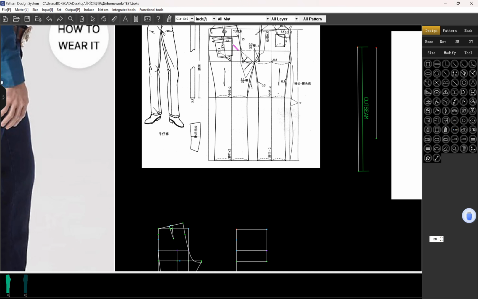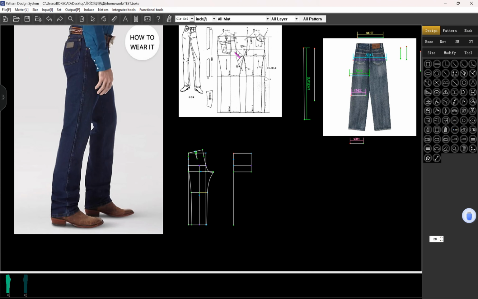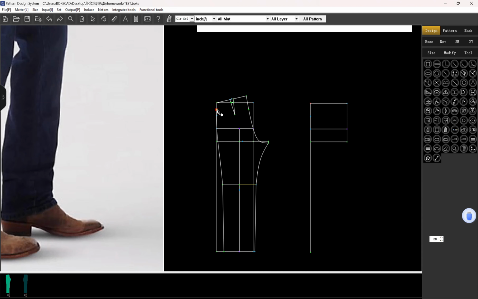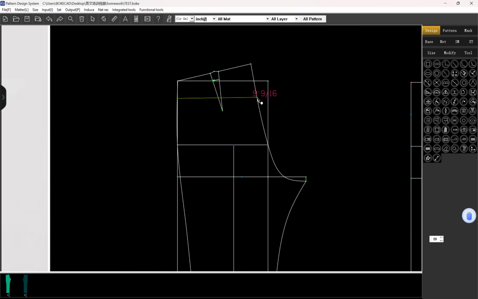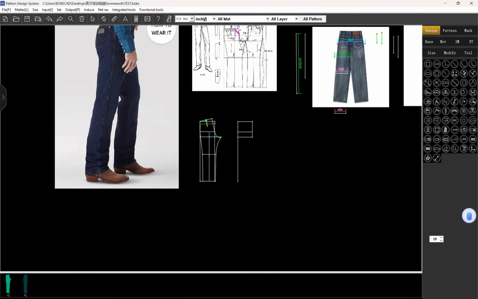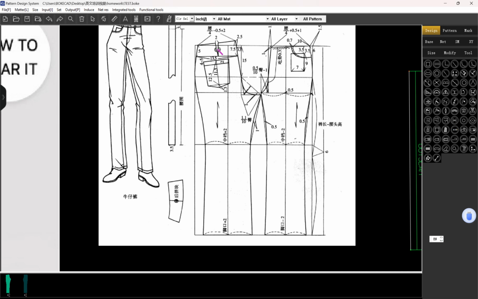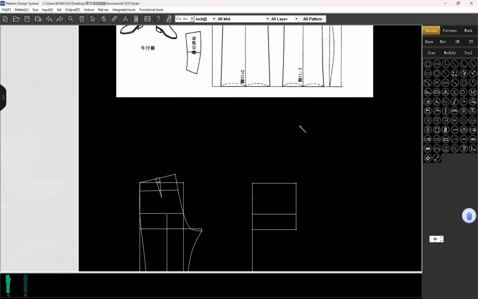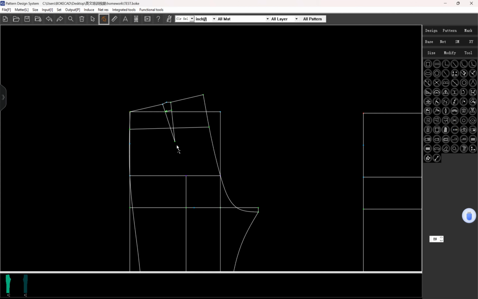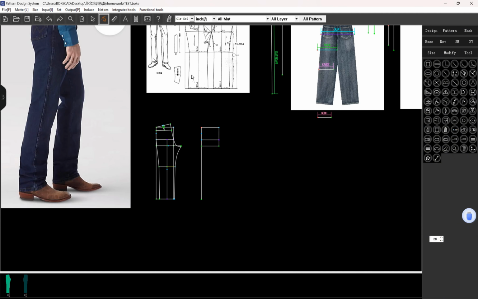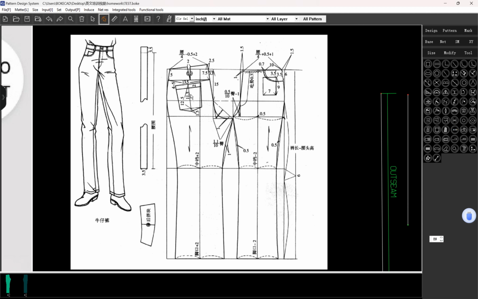We can take this as a reference. We can connect them. Actually, you can adjust the position of the line. And this dart, we can also adjust the dart. Click this modify line to adjust the dart. Right click, and now we make this line